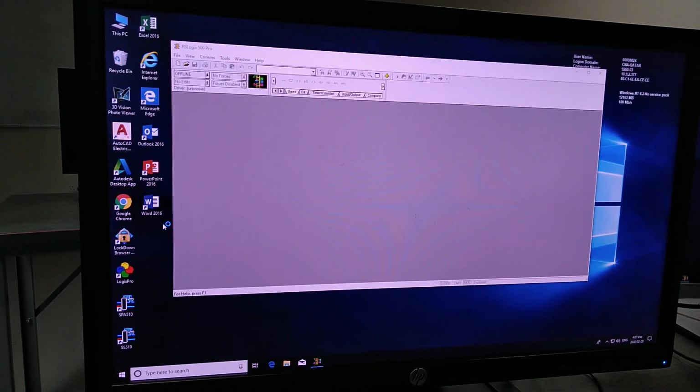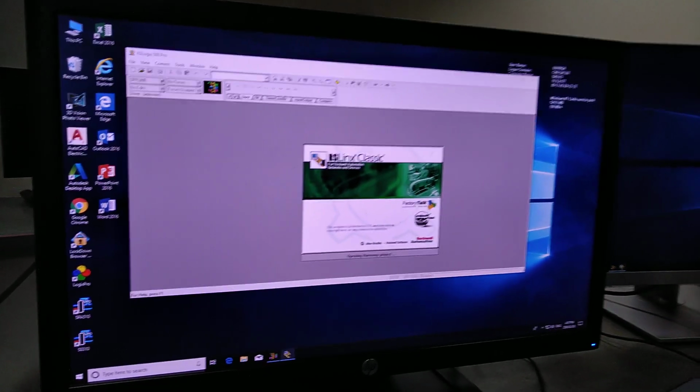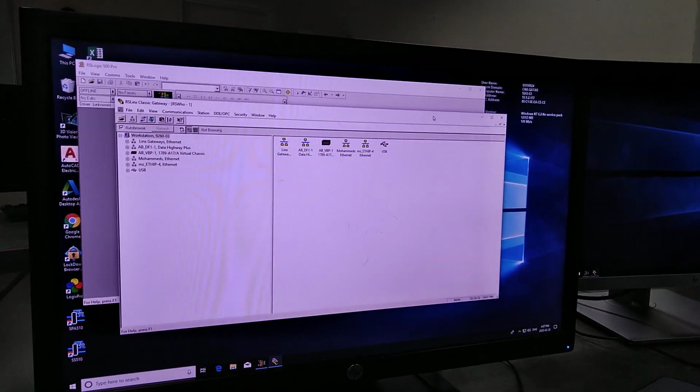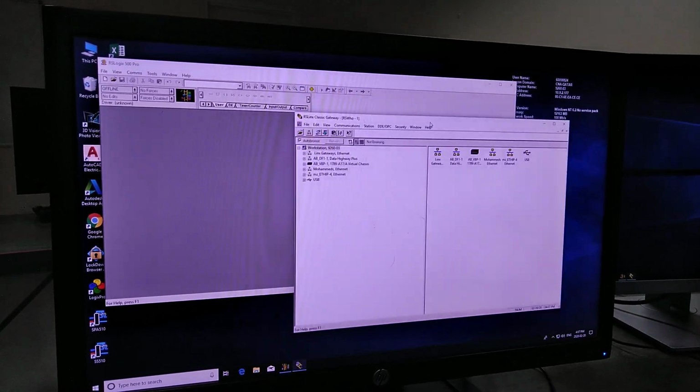It's ready. RSLinx. Alright, RSLinx working. So we have two screens, so you can put the RSLinx on the other screen. So now this old